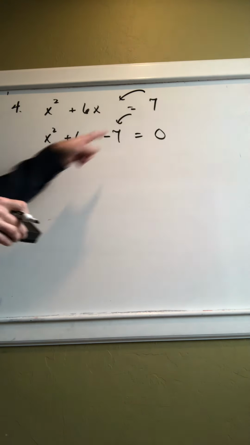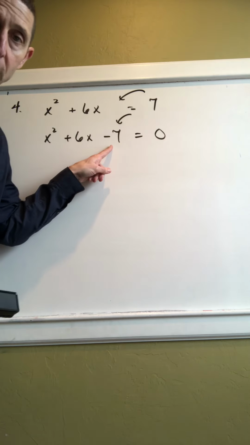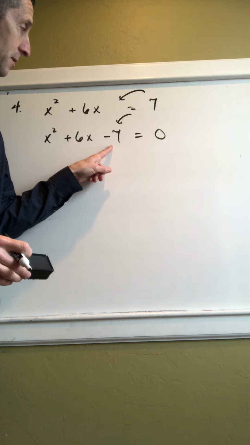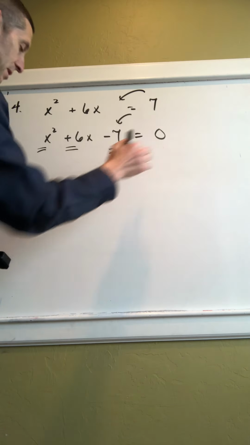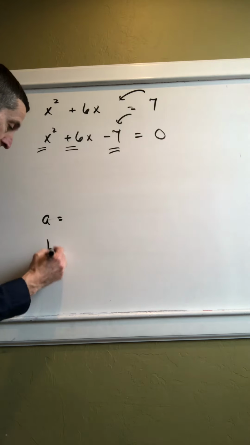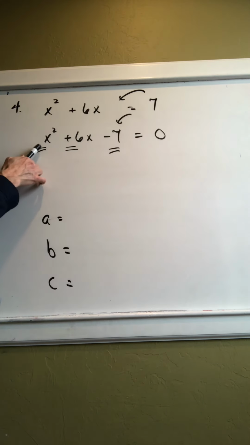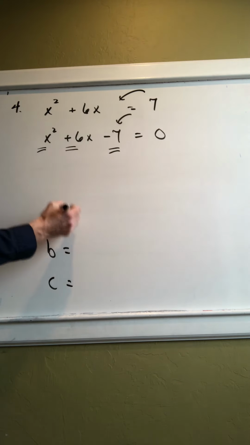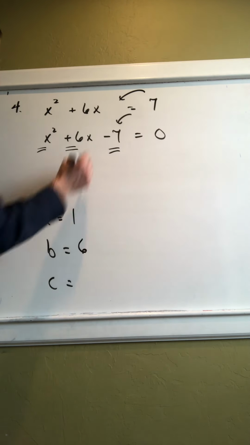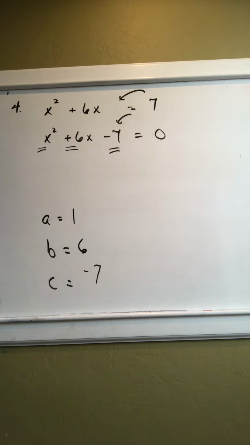Remember, when he jumps over, he was positive 7. Coming over here, negative 7. Once again, you've got everything the way you like it. A, B, C set equal to 0. So we can pick out our value for A, our value for B, and our value for C. A is 1, B is positive 6, C is negative 7. So once you have it organized and your A's, B's, C's are set,